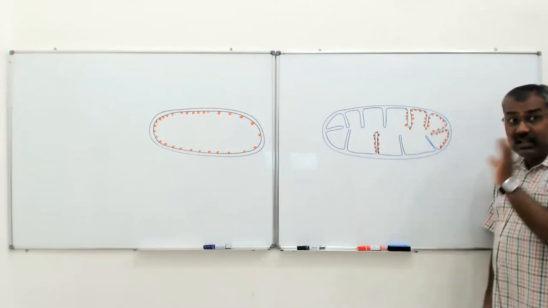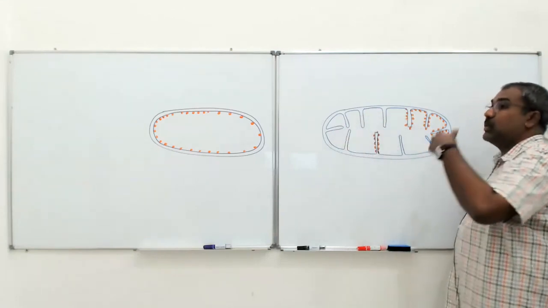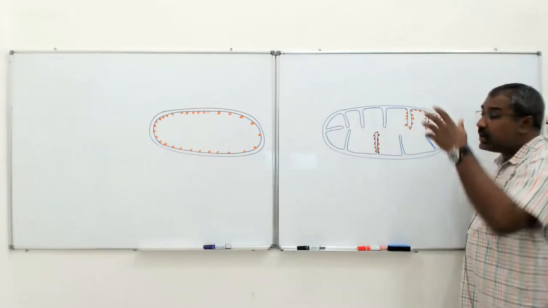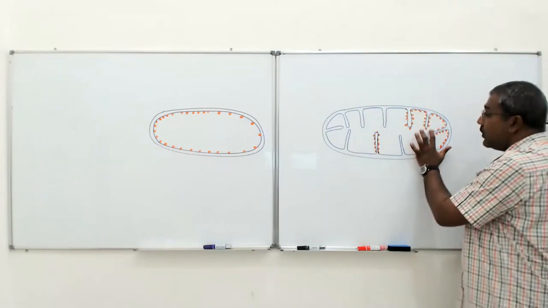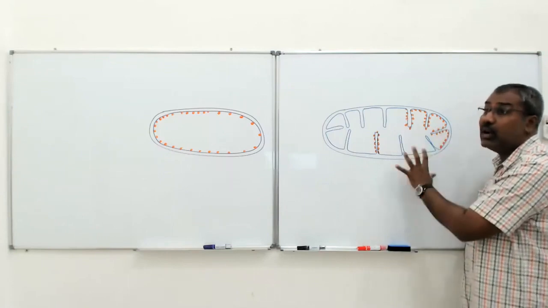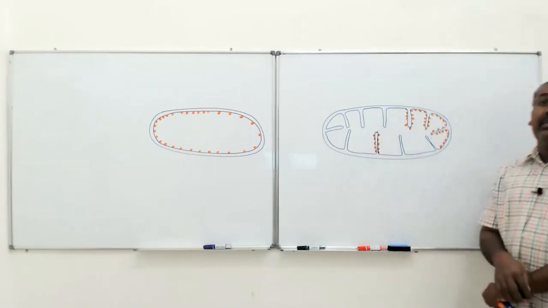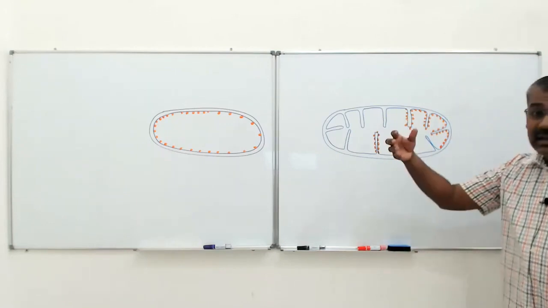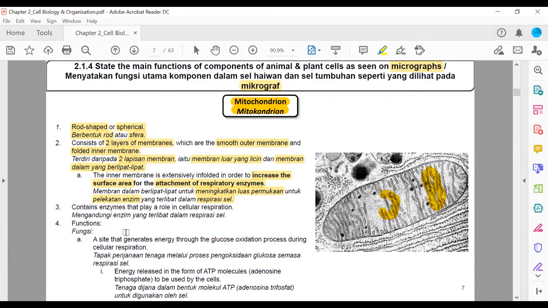Ini maksud increase the surface area. So bila ada bahagian dalam berlipat-lipat, luas permukaan jadi tinggi, the surface area becomes higher. When the surface area becomes higher, more enzymes, lebih banyak enzim for the cellular respiration can be attached yang boleh melekat. Maknanya kalau enzim itu lebih tinggilah proses respirasi sel itu, lagi more higher the respiration that can go on inside this organelle. Nombor 3,